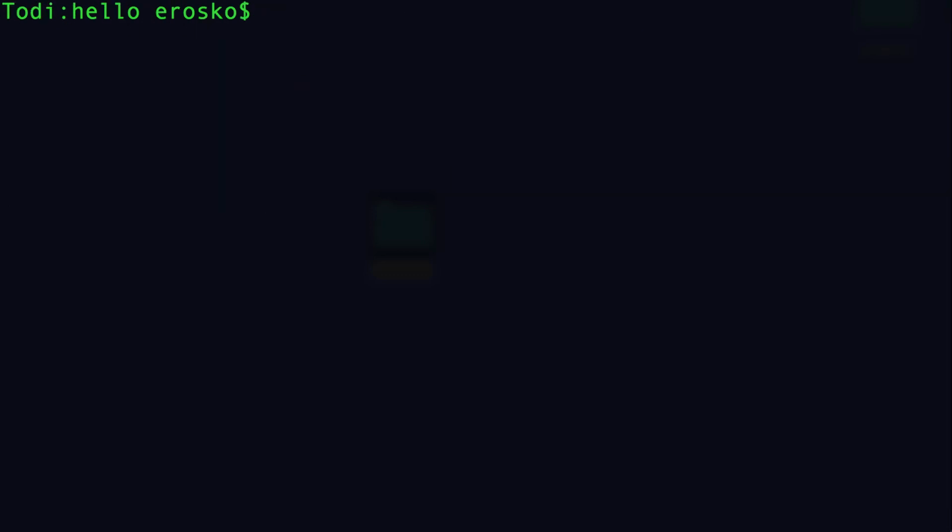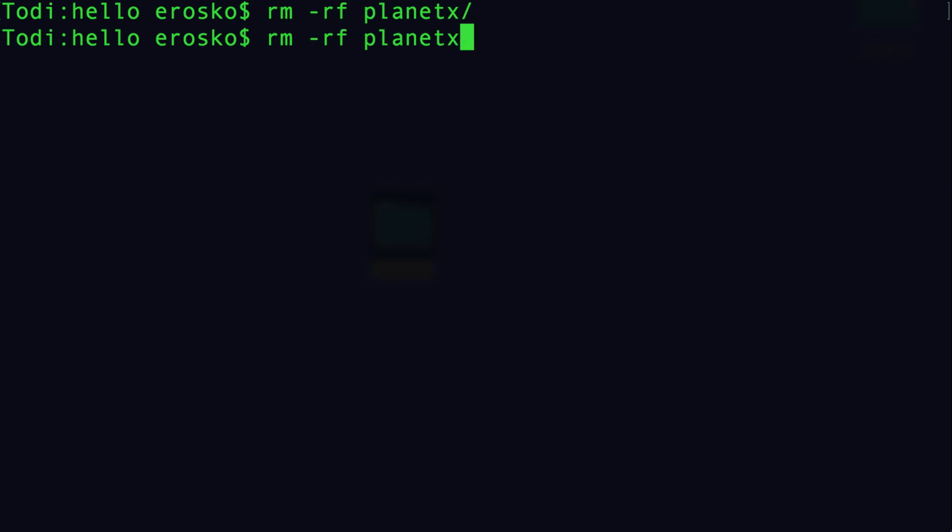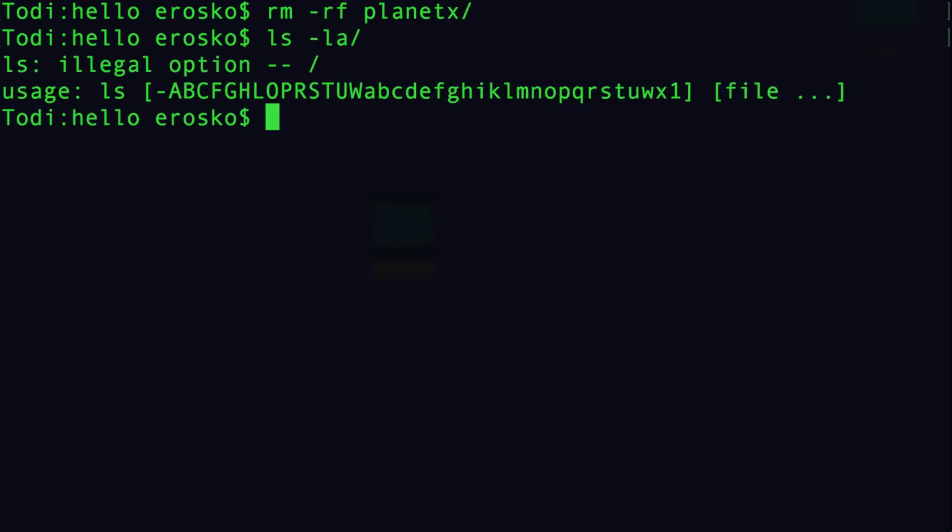And so what I'm going to do is rm. I'm going to recursively delete my Planet X requirements. My Planet X environment. It's gone. And I'm going to get rid of my... Actually, I'm not going to get rid of the other one yet. And now if I see what's in here,